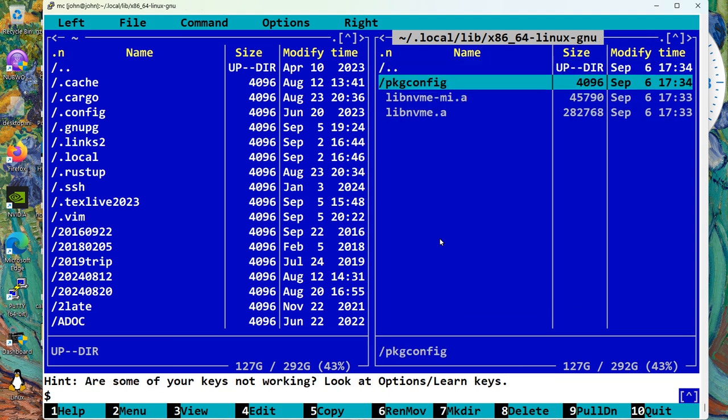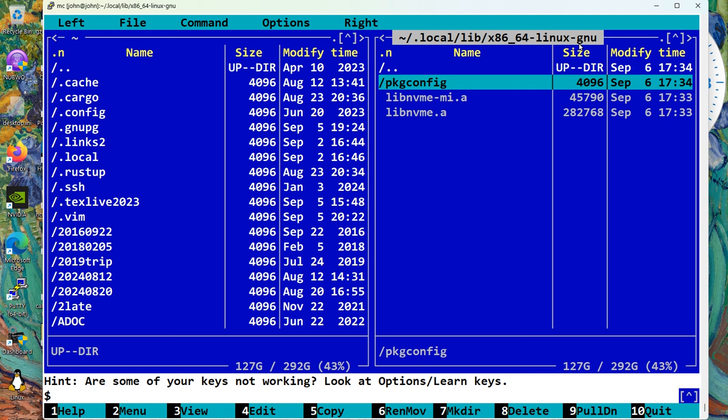Now where is that? And it tells at the top of the screen, you can see it's in $home. That's what the tilde represents. And then .local, lib, and then this really silly long name,